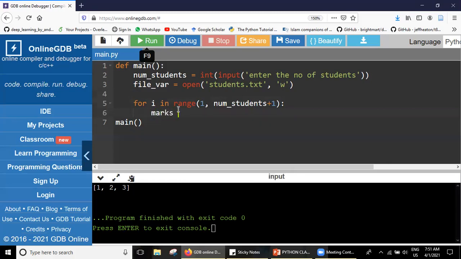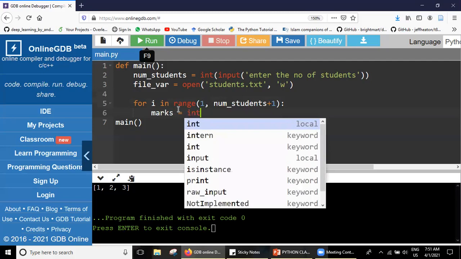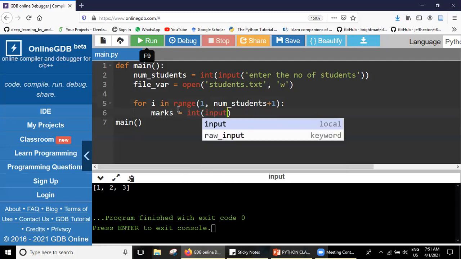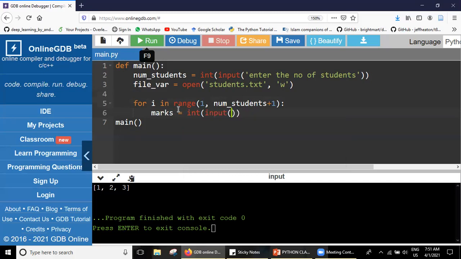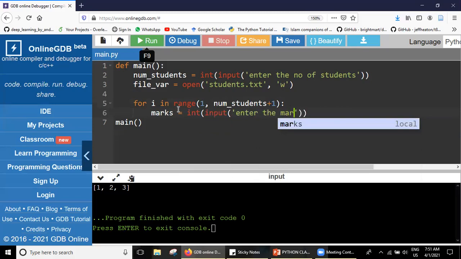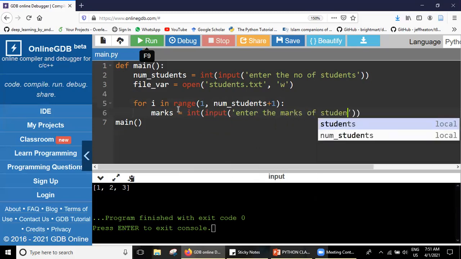Marks, and every time I can write integer. We can take the marks as an integer, right? int input, and I say please enter the marks of student.